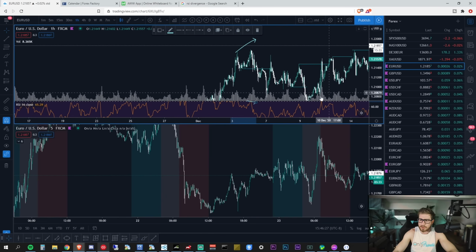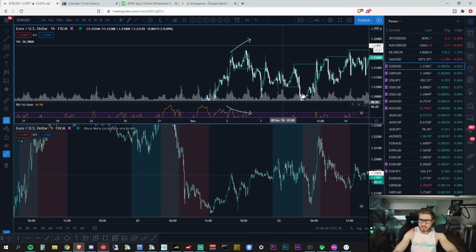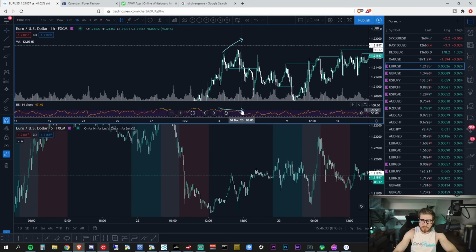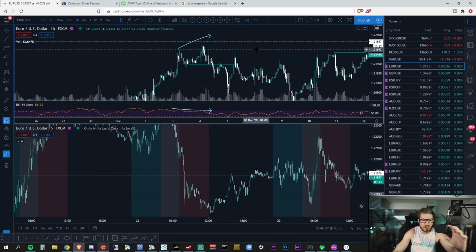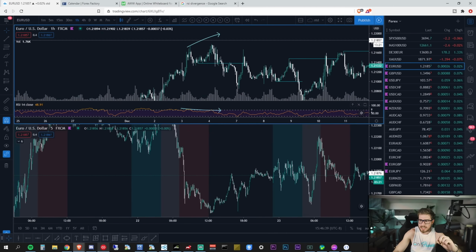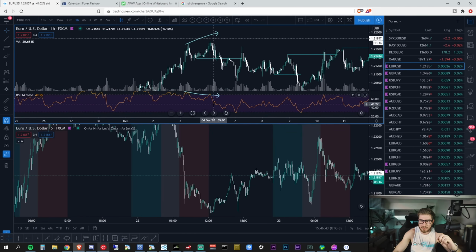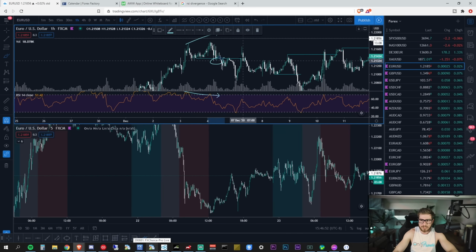So once you see that divergence confirm here, and you can see it's after it's broken down here, you're not going to be able to catch this very peak. That's what maybe other traders are going to tell you, that you're going to be able to catch this peak. It's not possible, because you're not going to see that the divergence is actually happening until it breaks back down here. So when it breaks back down, you're looking at roughly around here as the area where you're going to notice the price actually diverging.